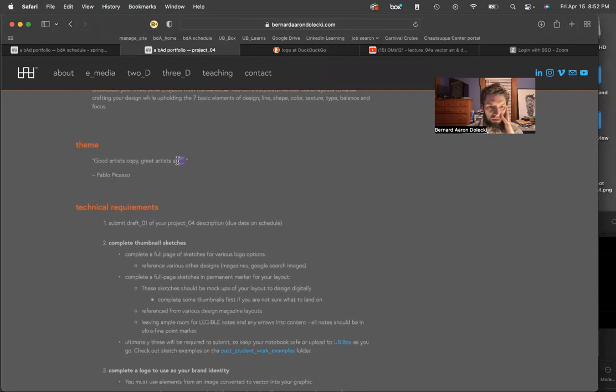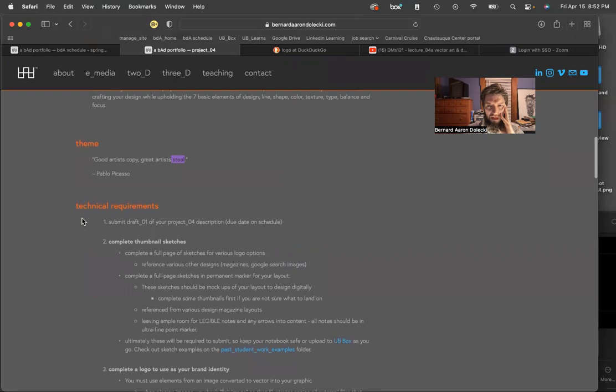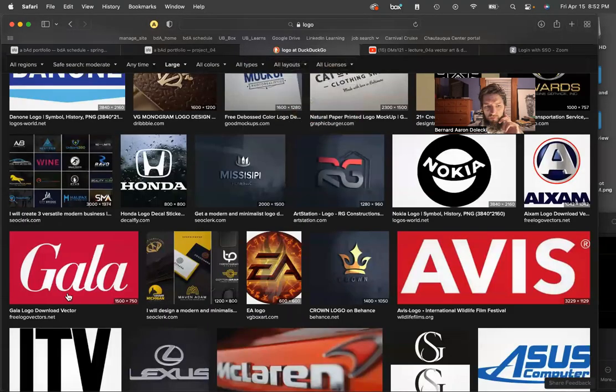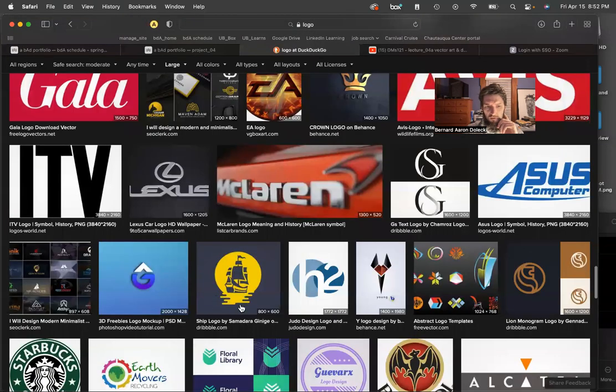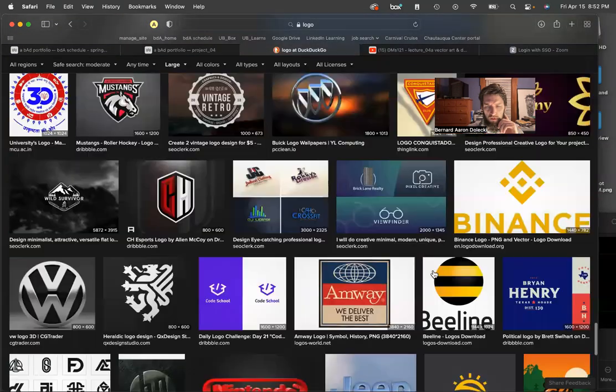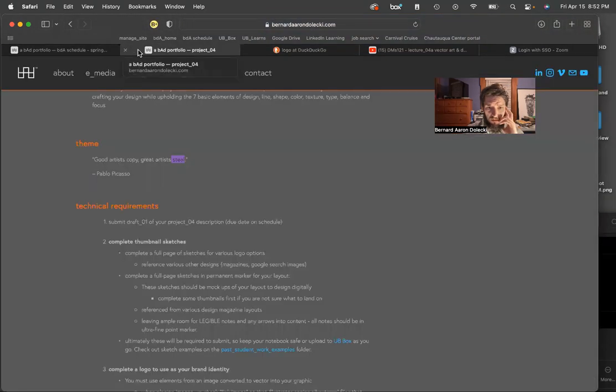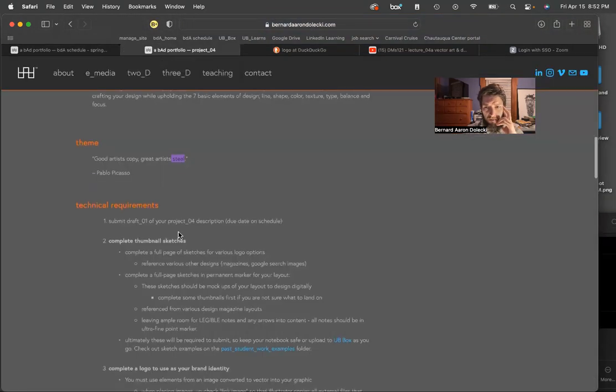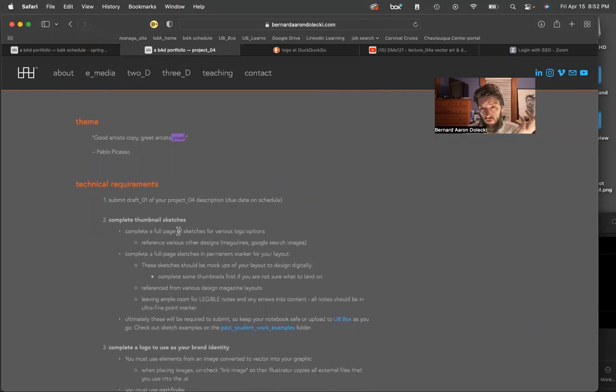So your big deal here is you're going to be stealing concepts. So yes, there are 2 components of this project. There's a little bit more time. The big deal, though, is that you're taking ideas from out and about. So I already mentioned in the one previous video that you can use Google image search. You could look through magazines, anywhere that's got logos. And as far as the layout goes,